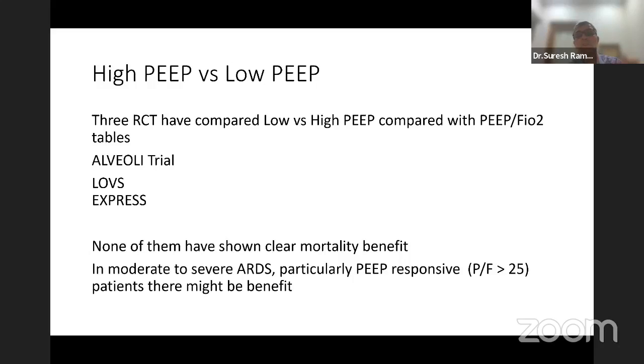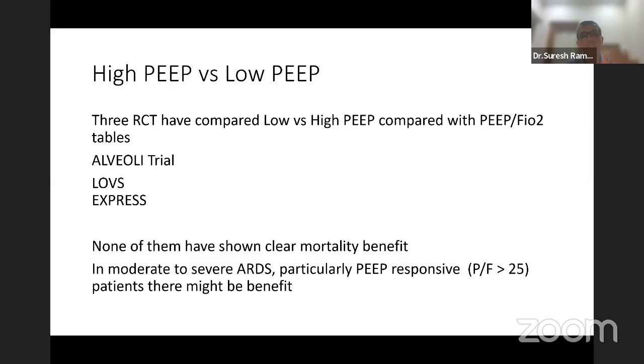But if you were to now just give anybody 20 PEEP versus 10 PEEP or 12 PEEP in a severe ARDS, 15 versus 20 or 12 versus 20, you don't know which is the right PEEP without monitoring. You are probably better off doing the conventional ARDS Network table and doing the low PEEP as compared to the high PEEP. Though you will say the difference is maybe only about 5 or 6 centimeters of PEEP pressure, that's significant enough to know that in high PEEP, there is no benefit and there might be harm.